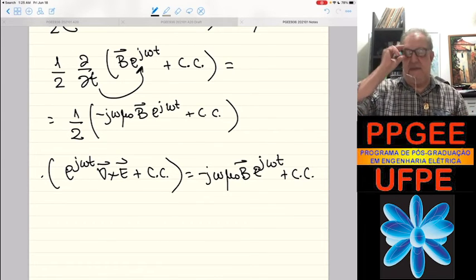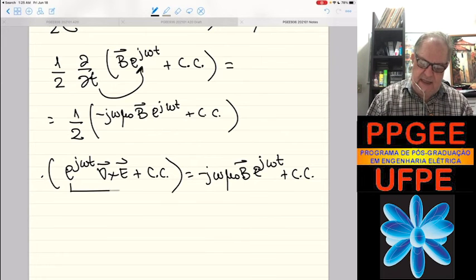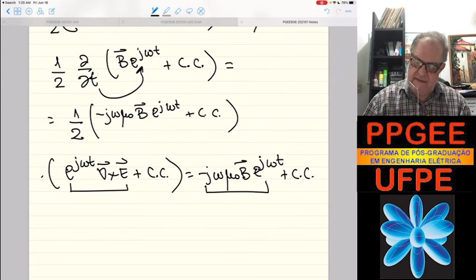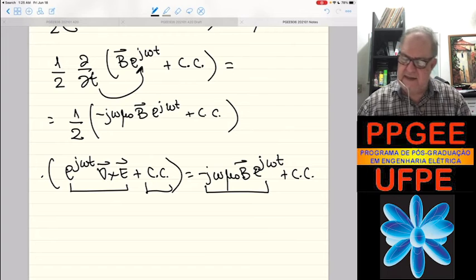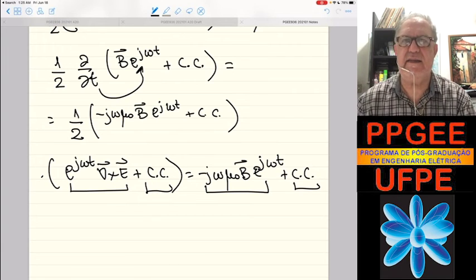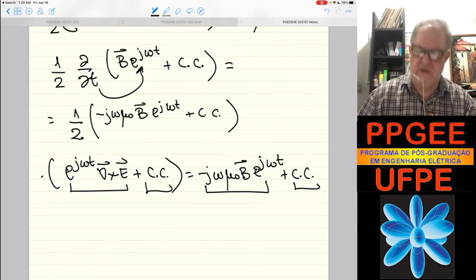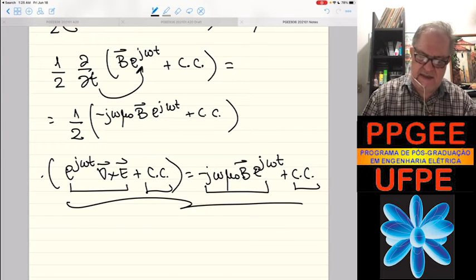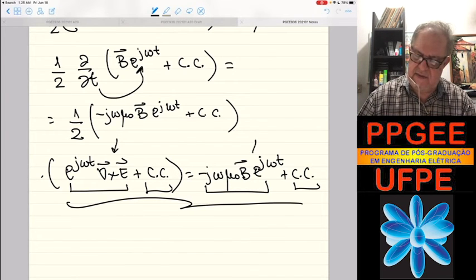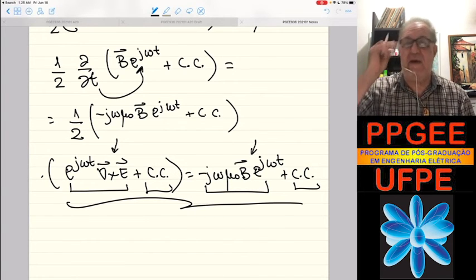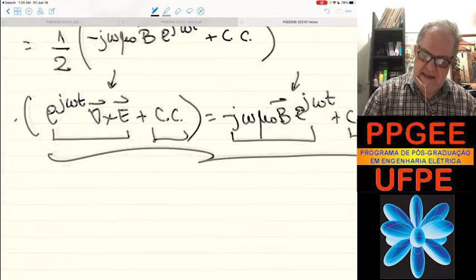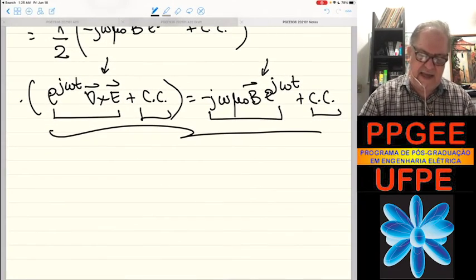So in other words, if this equals to that, the complex conjugate is automatically satisfied. So to satisfy this equation it is just enough to balance this term with that one, because automatically we have the complex conjugate satisfied. So when we do that, we cancel the exponential j omega t, and we're going to have